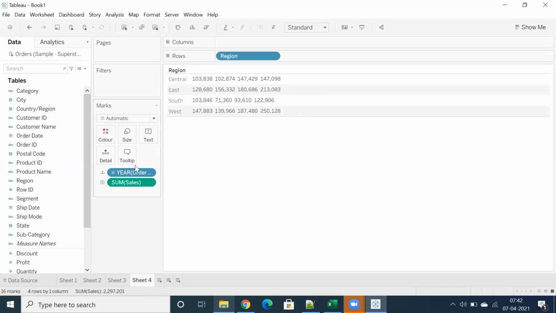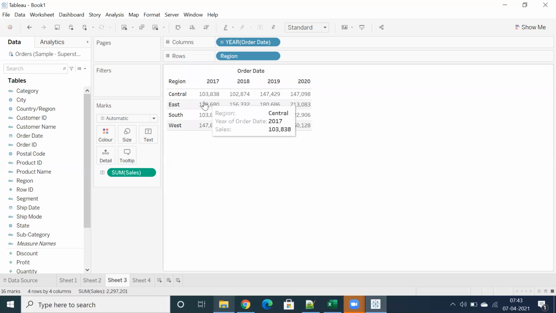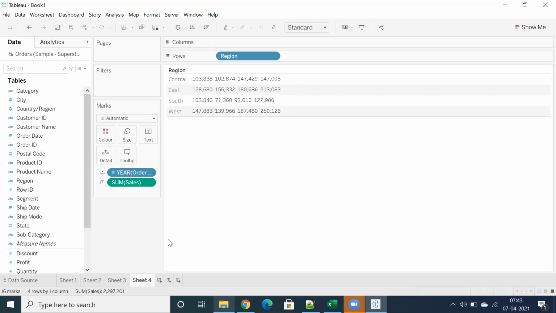So whenever you drop any dimension in detail, it will aggregate across that level as well. Yes, we have region, but whenever you have any extra column in the detail section, that is also going to aggregate across that level. This is a very simple concept, but I'm explaining it in detail because, like you can see, what is this 103838? You have 2017 in columns, you have a proper naming convention so that you'll understand, okay, this is 2017 data for Central. But in sheet 4, you can see here,